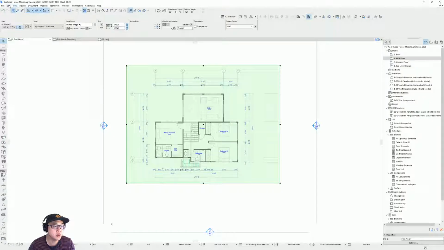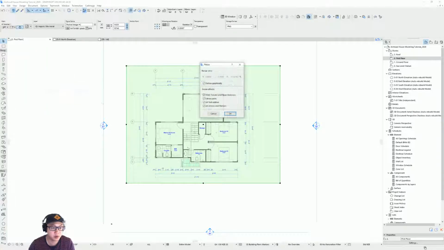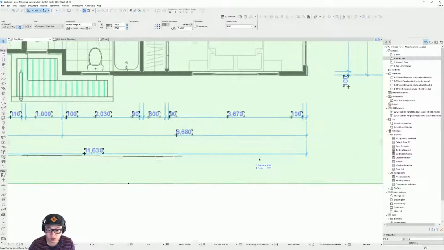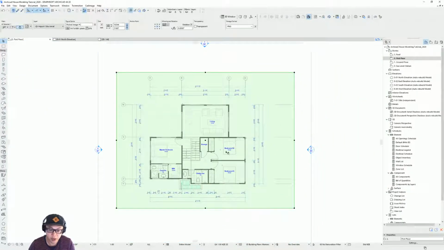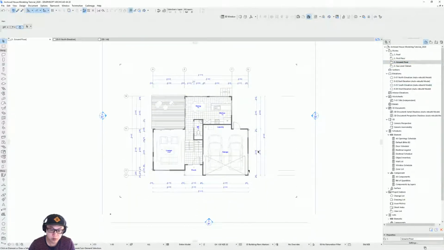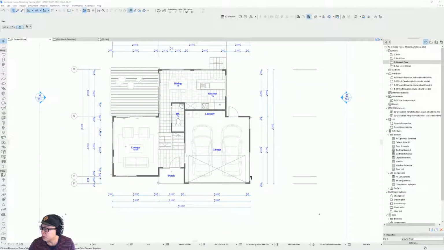Usually the resize will be in Edit here. You see it's Control K, that was the shortcut. So you click on that, press OK, and I'm going to do the same thing. Click on this one, and make sure that the angle is at 0 so that the line is straight. Press OK. Now we have our two floor plans, and we can go back to the ground floor by double clicking here. Okay, so if we go back to our 3D here,